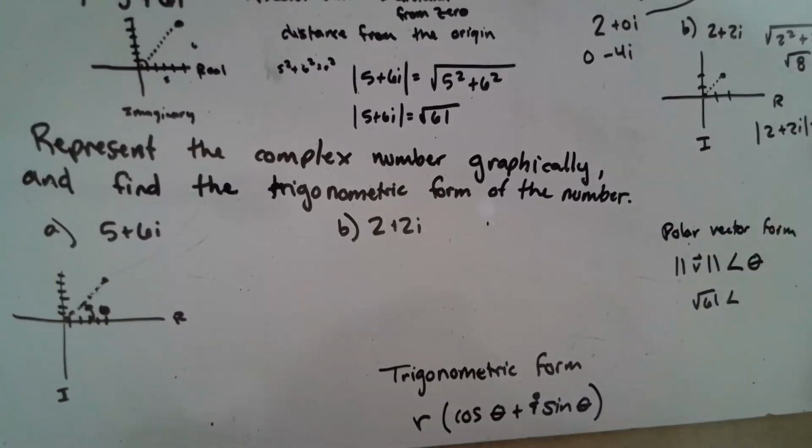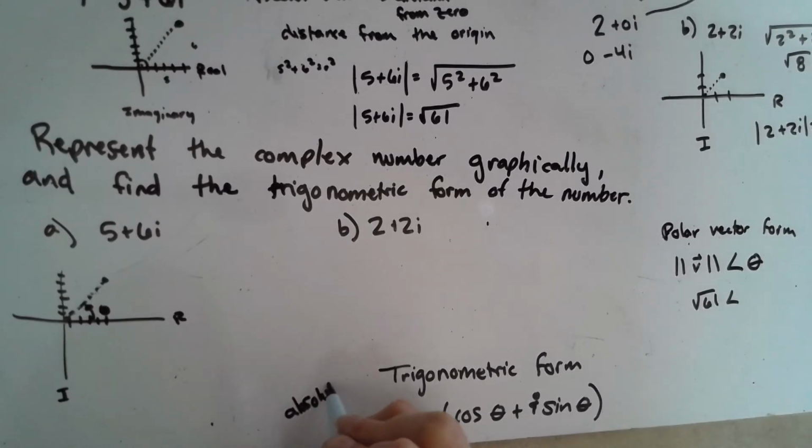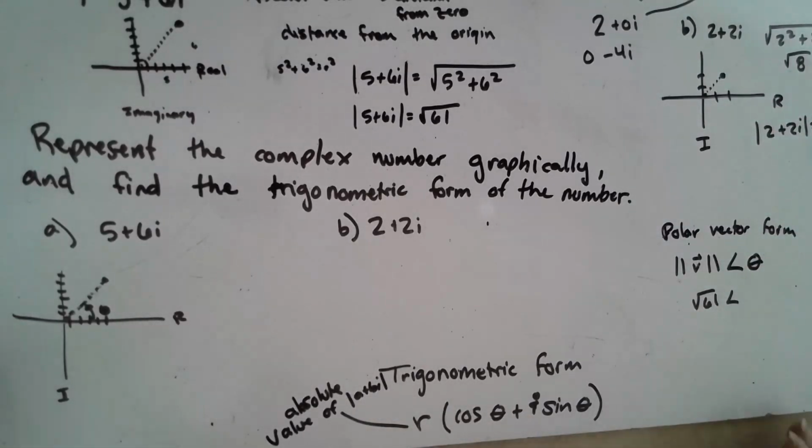So you're going to write that down. R represents the absolute value of your complex number. So R is going to be our absolute value. It's kind of like our magnitude. And then to find our sine and cosine,